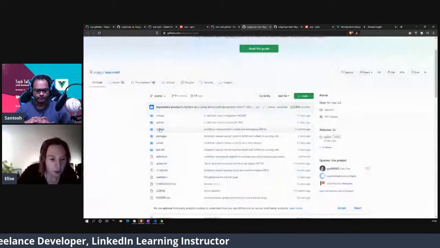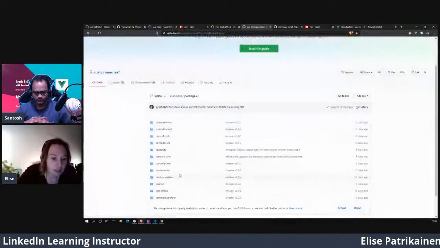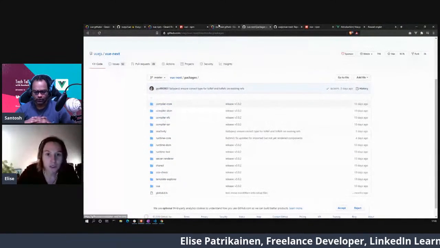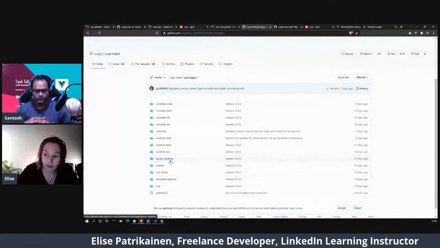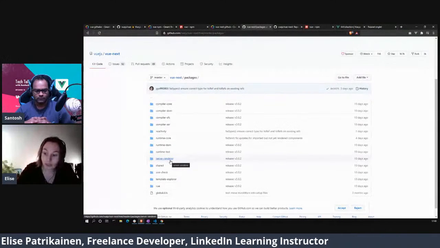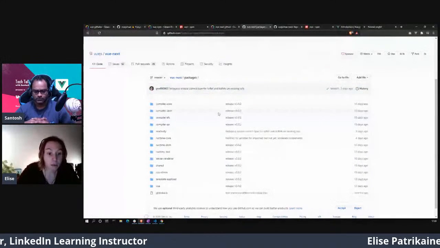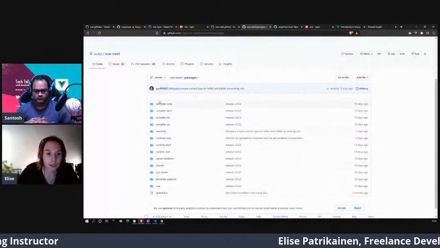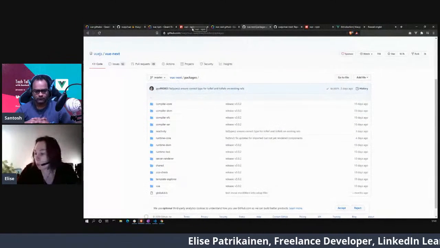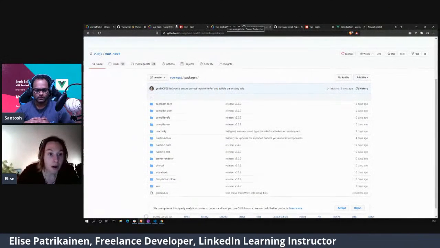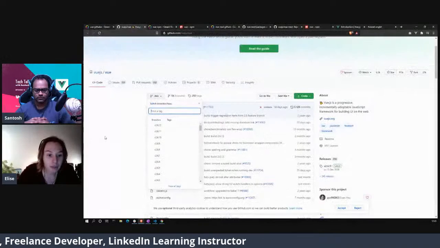If we go in packages, we can see that we have all these packages, but that's all. All the other things are in other repositories. We will say a few words about it later, but I can say it now. If we compare with Vue 2,